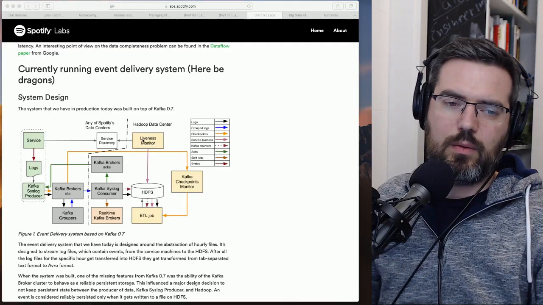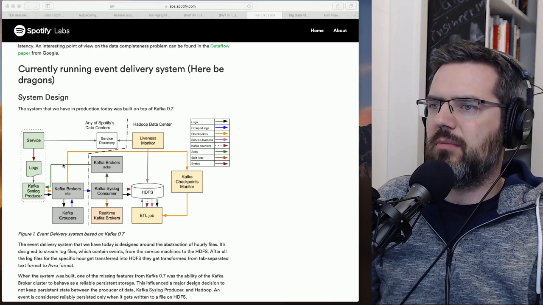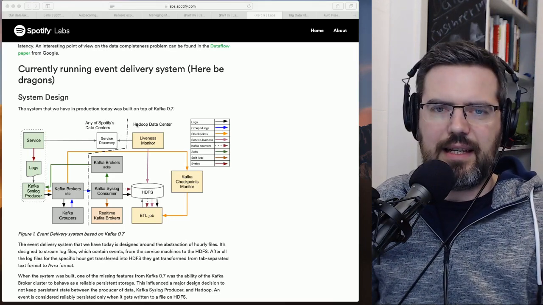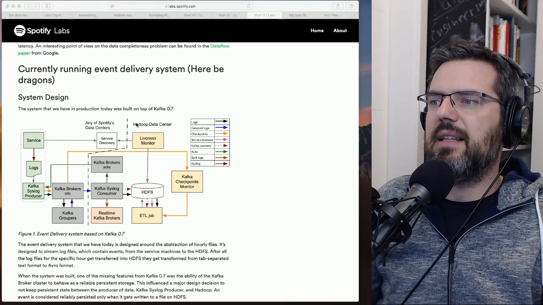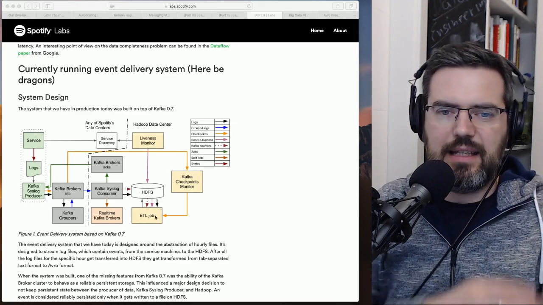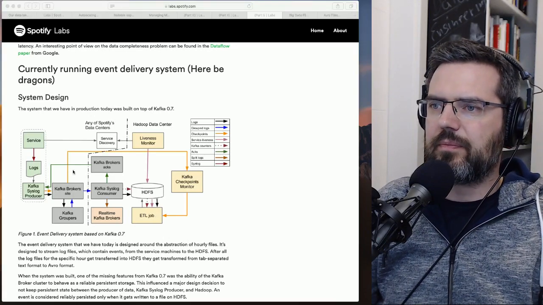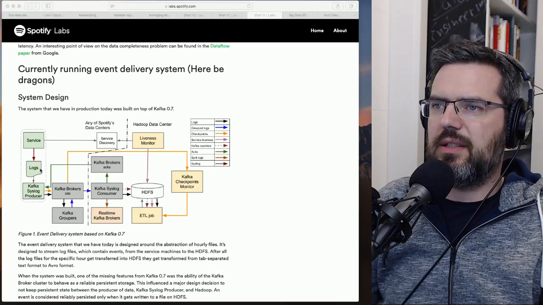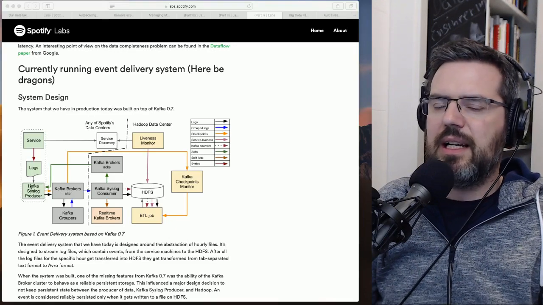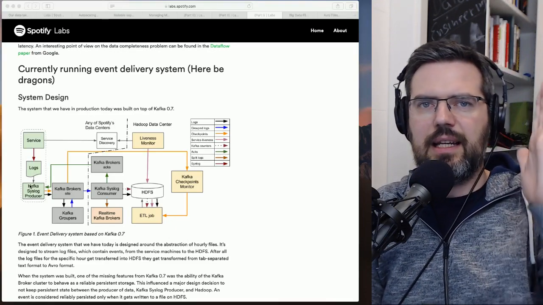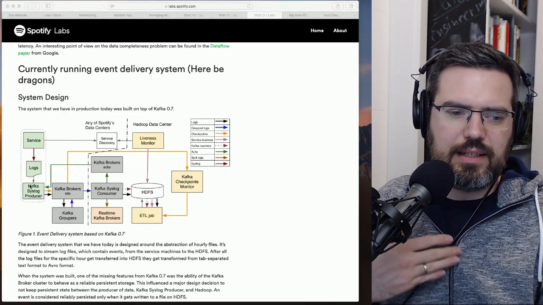What they had was a few data centers across the globe, and those are more or less the ones on the left. And then they had a central Hadoop data center where they stored all the data, and then they could do ETL jobs and analyze the data. The idea was in HDFS, the logs that you create from the service are posted into Kafka, and you're creating in the end 1 hour buckets in HDFS. So when you analyze, you can